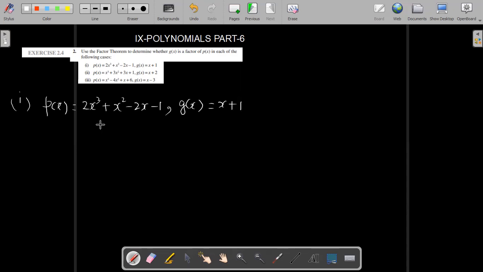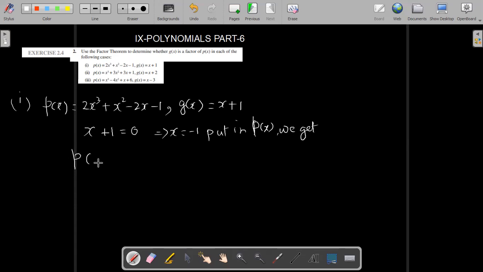So by factor theorem we have to first equate g(x), by which we are dividing or finding the factor, to 0 and find the value of x. This you have to put in p(x). If the remainder is 0, then it is a factor. If not 0, it is not a factor. Put in p(x), we get